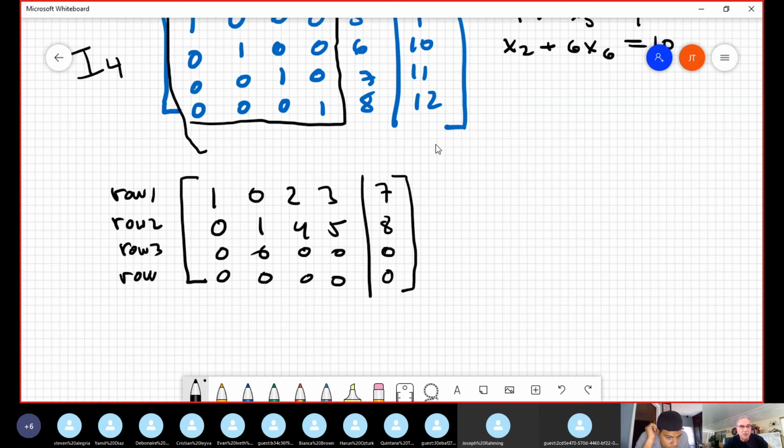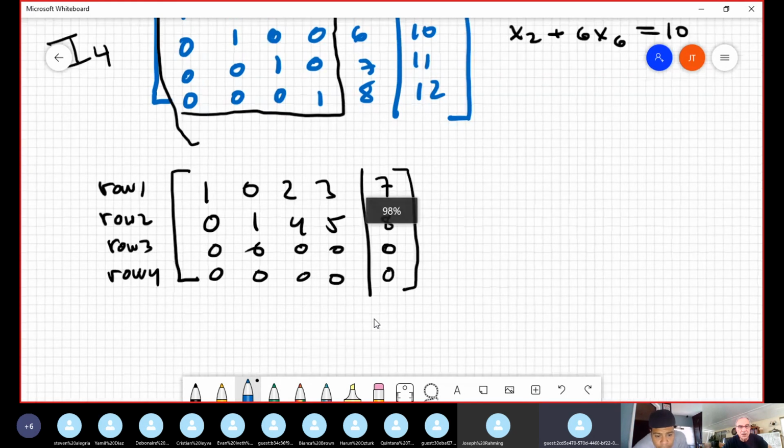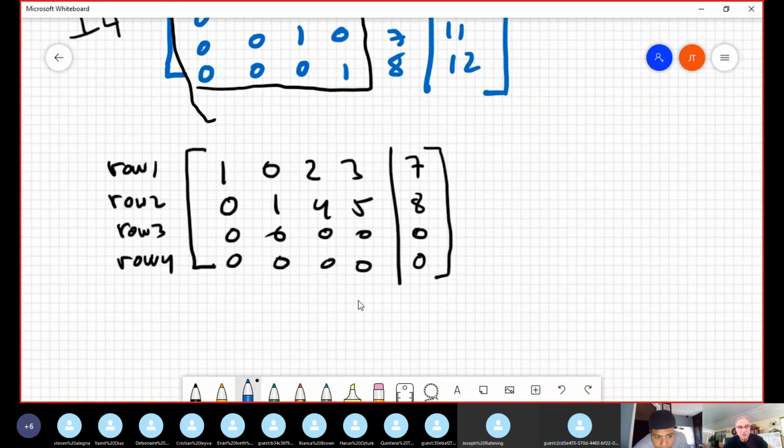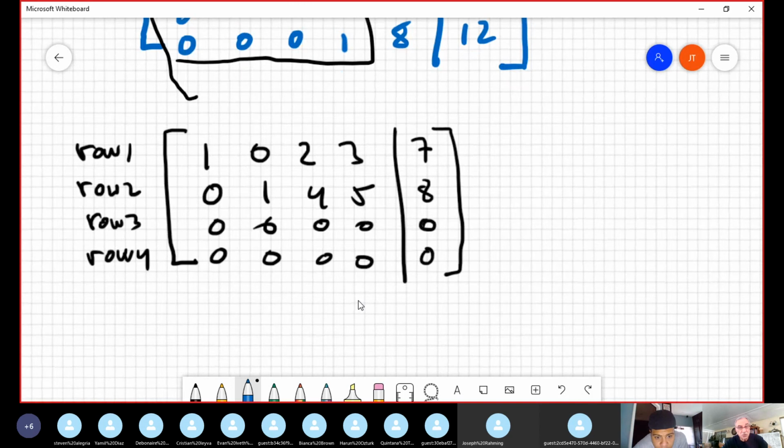What happened with row 3 and row 4? What's going on? They're all zeros. Okay, I understand that, but what does that mean? No solution? No, not no solution. Undefined? No, undefined. That means when you see one entire equation of zeros,